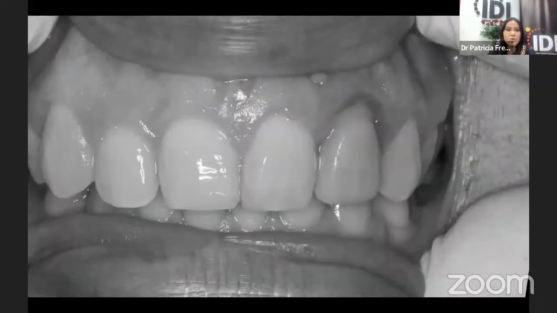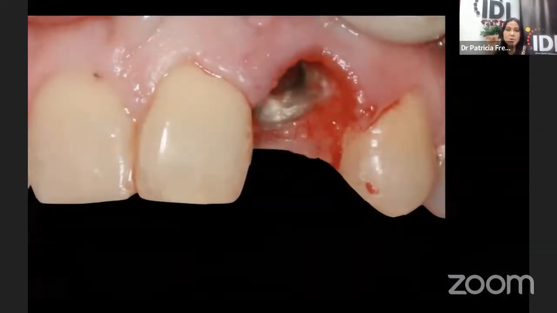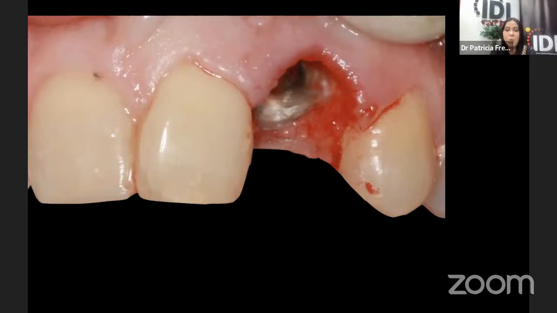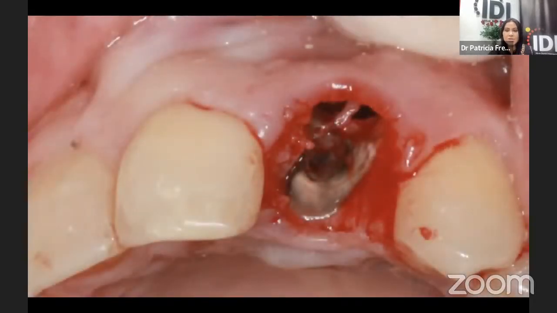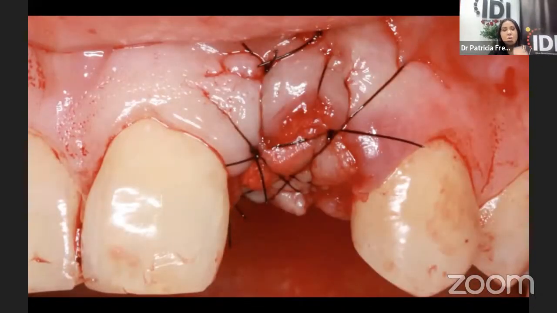What we planned to do here, it was a fractured root. So we planned to remove only the fractured buccal part of the root. We let the other part there. Why? Because we want to have more clot, right? We want to have more clot to have primary closure in the future. So one part of the root is inside, the mobile part is taken away, and now I am working with